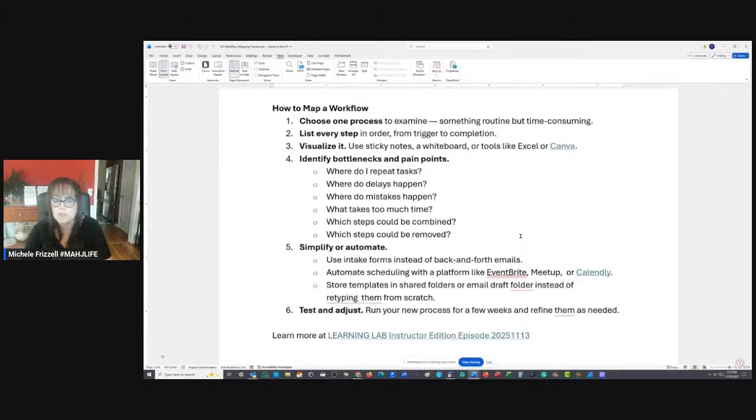So now there is a link in here that will come back to this article. So that's what that is right there. Now here is the framework. Step one would be identify the process.